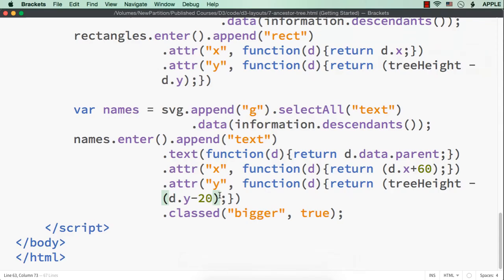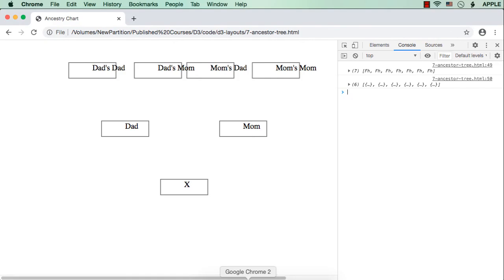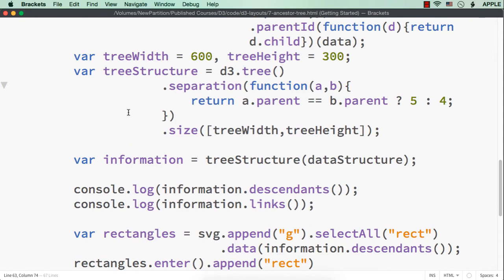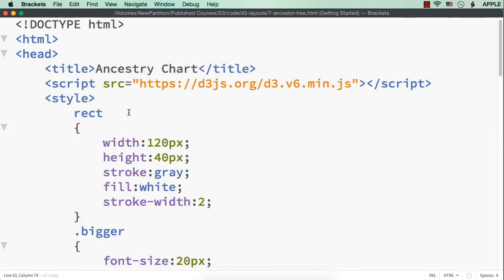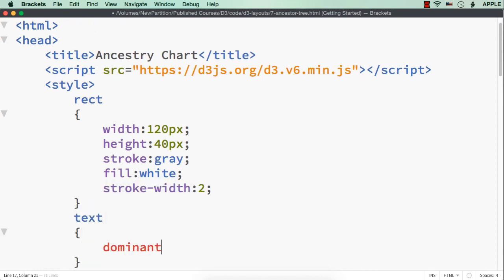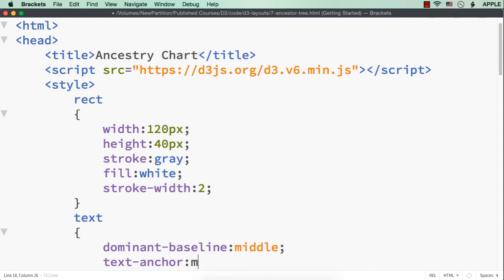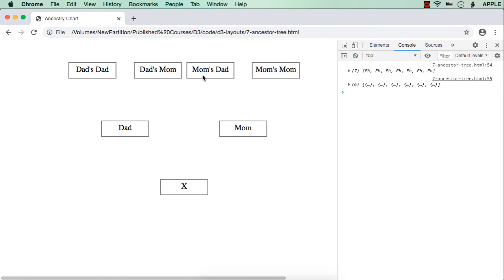Okay, it is giving an error. Okay, one more bracket is required to close this one. Now let me save this. See, now the position has moved 60 px towards the right hand side and also 20 px towards the bottom. Now we can make the adjustments using dominant baseline and text anchor values. So here for the text, let me specify dominant-baseline to be middle and also text-anchor to be middle. Now let me save this and check the output. See, they are correctly aligned.